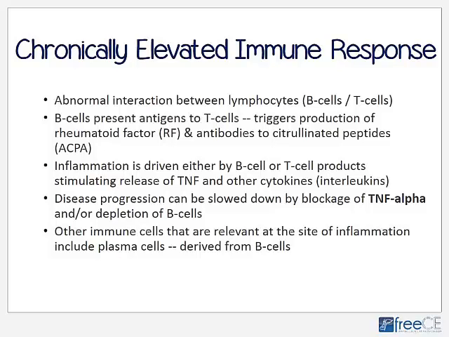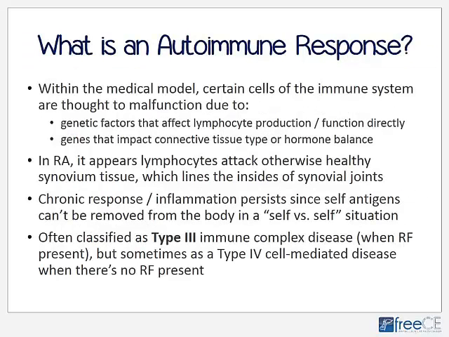Overall, the immune system is considered faulty or confused or overactive with RA. Well, in the standard medical model, an autoimmune condition occurs because certain cells, the B cells and the T cells that I just mentioned, of the immune system are thought to malfunction or be faulty in some way. And it's usually due to genetic factors that affect the lymphocyte production directly, or genetic factors that impact connective tissue type or hormone balance, for example, which would be more indirect